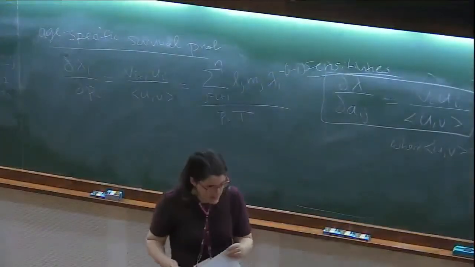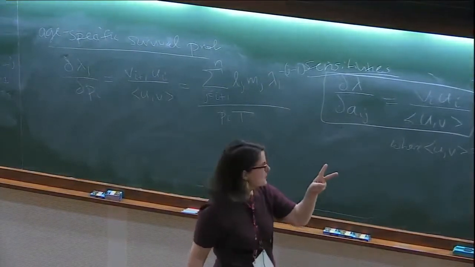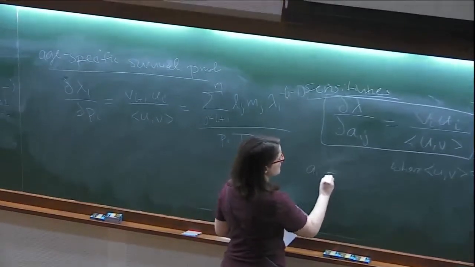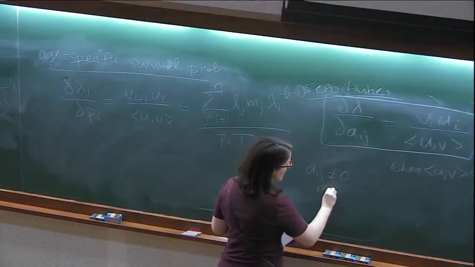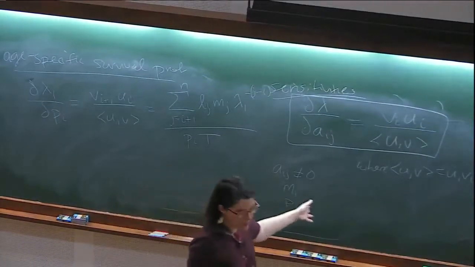a_ij has the j, right? Yes. So that's the general case. So I probably erased it. In general, no, here. This is the general case for any matrix. And next lecture, I'll talk about stage-classified matrices. But for the Leslie matrix, we only have 2 kinds of entries. And so we simplify things so that the only kinds of a_ij's that are not equal to 0 are the m_i's and the p_i's.